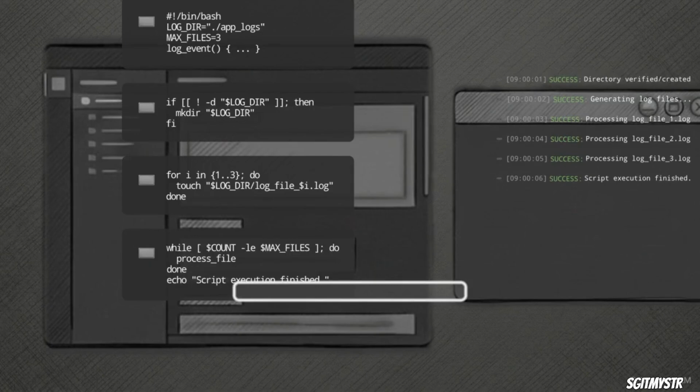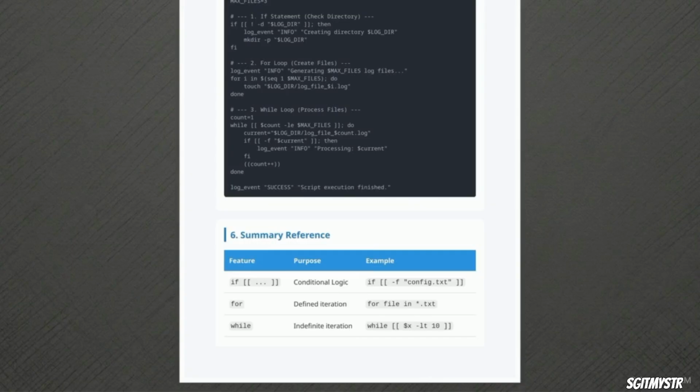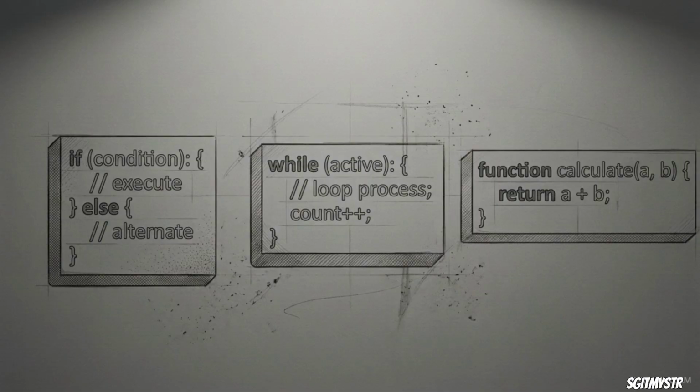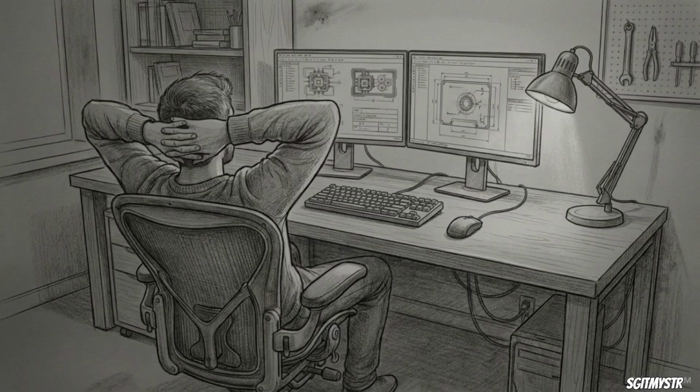This summary table covers the core concepts we just used. You can see the distinct purposes for conditional logic with if, definite iteration with for, and indefinite repetition with while. The final rows cover our structural elements. Functions give us code reuse, and the $ sign numeric variables allow us to pass dynamic arguments into those functions. The structures we've used, logic, loops, and functions, provide the mechanical framework for scaling your operations. By writing code that makes its own decisions,